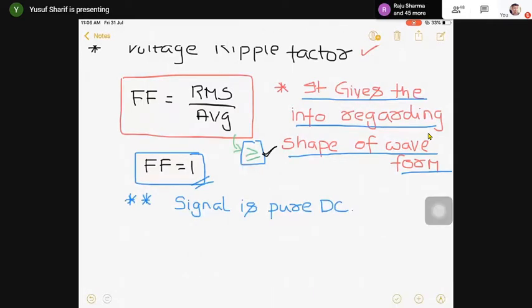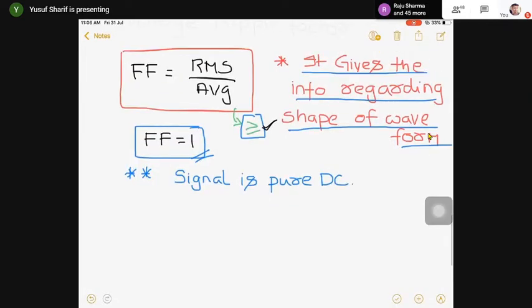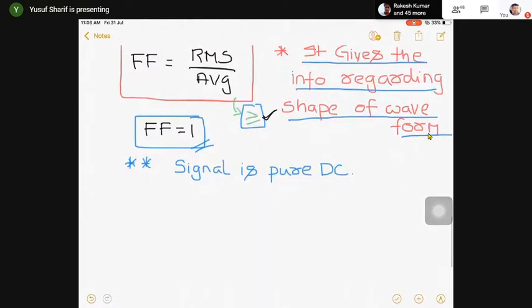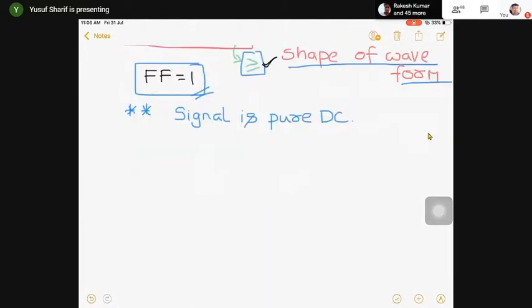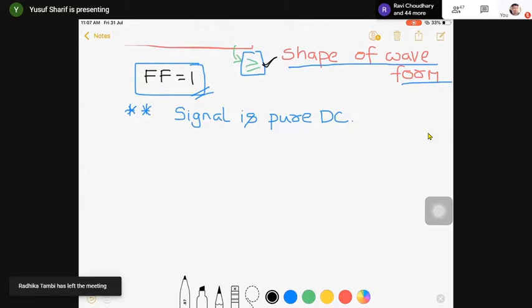इसके बाद हम बताएंगे कि अगर फॉर्म फैक्टर की दूसरी वैल्यू होते हैं तो व्हाट इज द इंफॉर्मेशन दैट वी गेट फ्रॉम दैट. ओके, नाउ आई हैव अ क्वेश्चन फॉर यू पीपल. Please try to give me an answer.